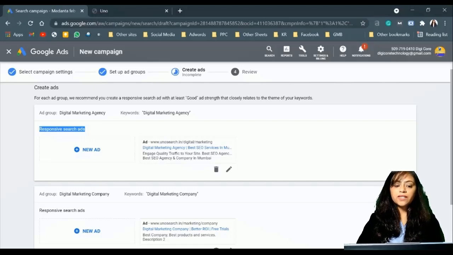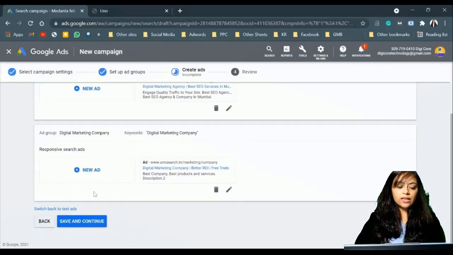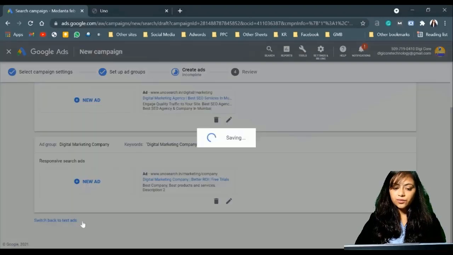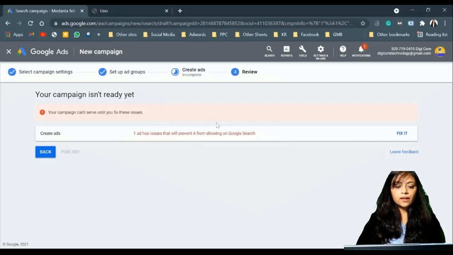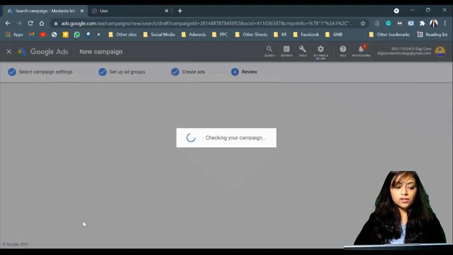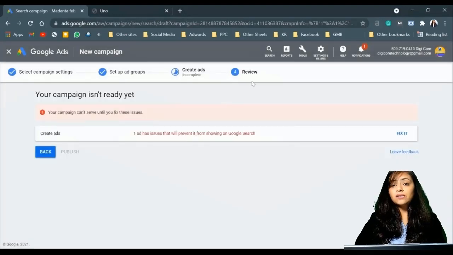Now we have created ads, and if we want to optimize more, we will create more ads and continue optimizing accordingly so that we can get better results. Now click on save and continue. Now we are getting the review part, in which they have mentioned your campaign can't serve until you fix these issues.